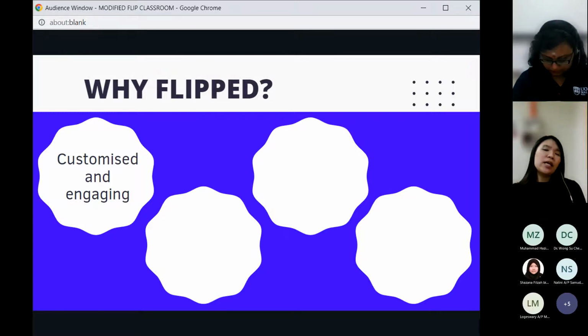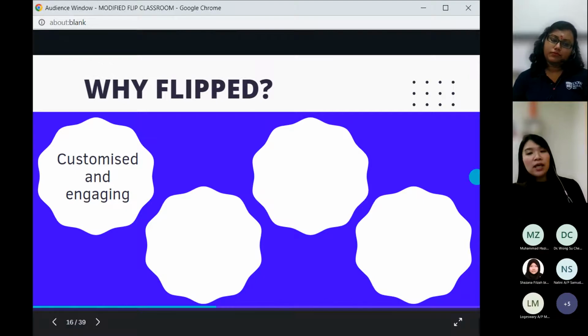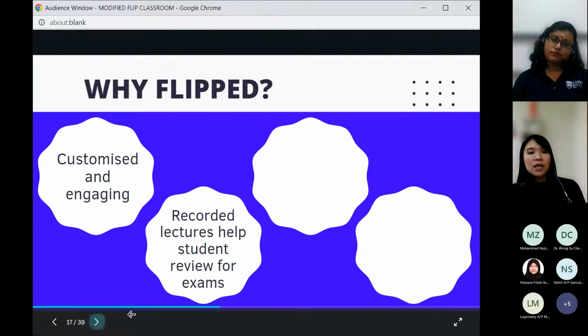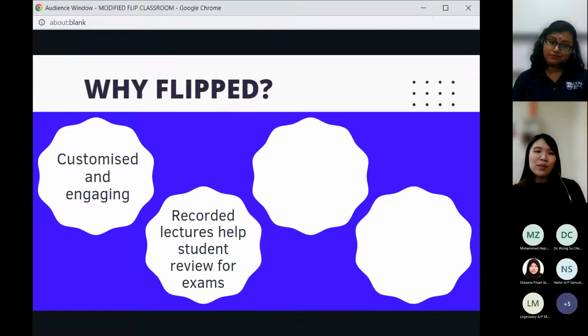Okay, and it helps you to also identify problematic parts so that you can emphasize during the class. And next is flipped classroom. Some of you might understand it as having to record lectures and then put them on our LMS system for students to review. Sometimes even though you find it so troublesome, it actually helps students to review for their exams, especially now that we have hybrid lessons.